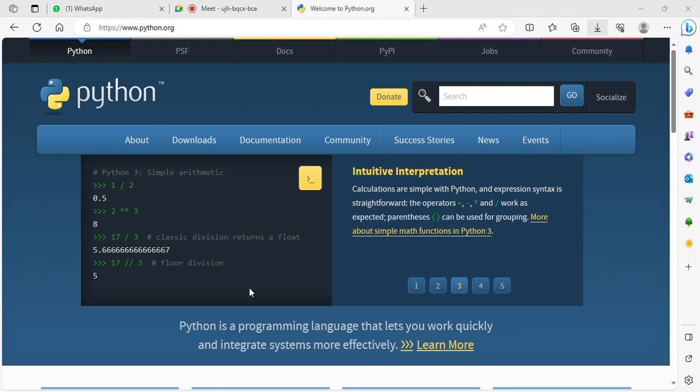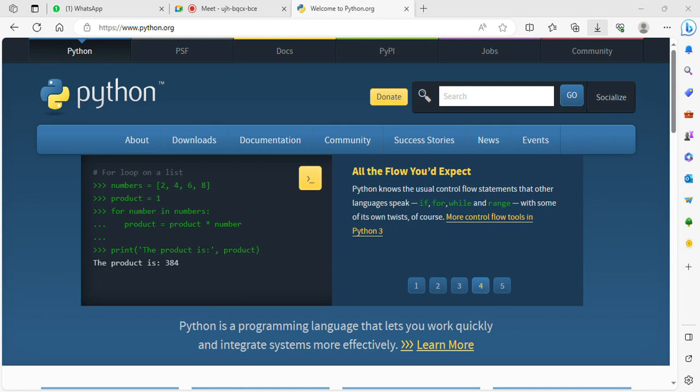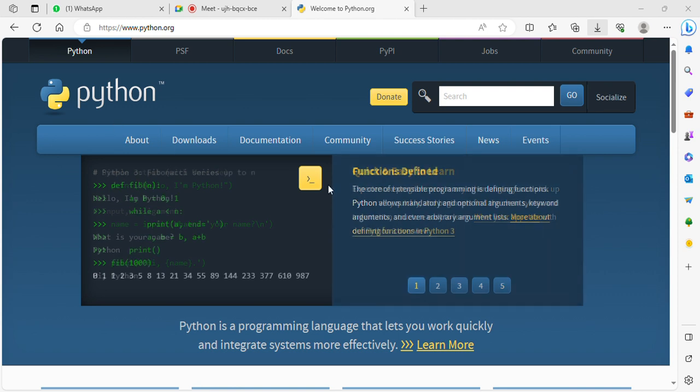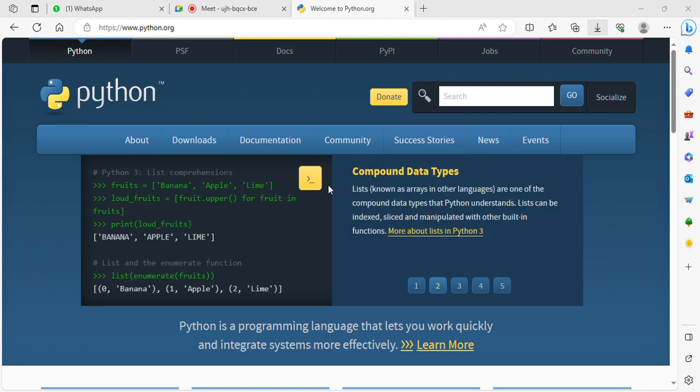After installation, what you have to do, just go to this search and type cmd. Okay, cmd is the terminal or command prompt. So click on this command prompt and just check if your Python is installed. Python install झाली की नाही ते check करायचं आहे. Okay, so type python